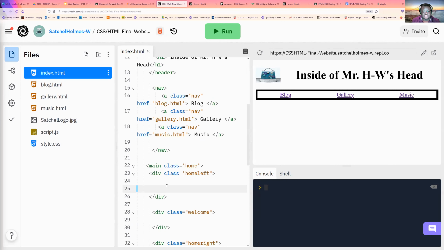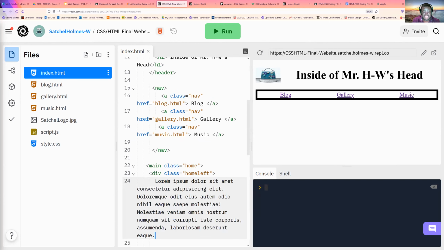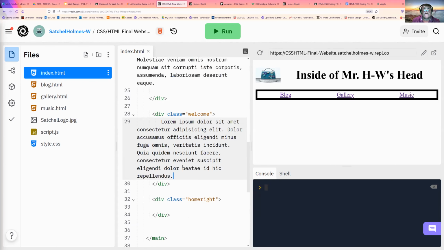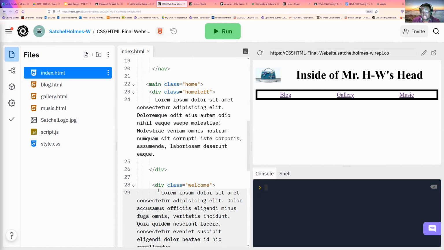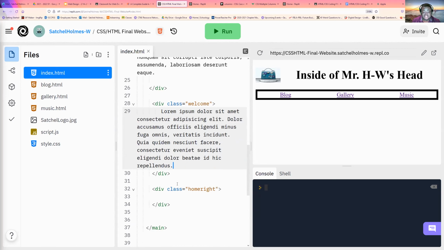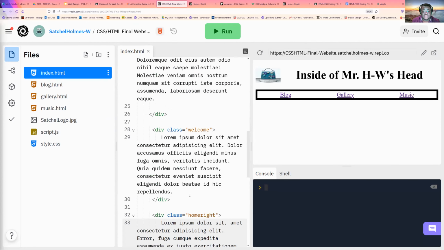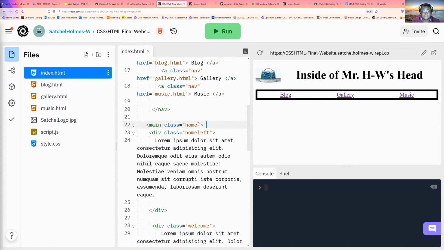I'm also going to fill this up with some placeholder text. So each of these is going to do the lorem, and then a tab. When you do that in Replit, it will automatically put in that placeholder text. I don't know what language it is, but it works well for me. So you do lorem, LOREM, and then you press tab, and it automatically fills it in with the rest of that placeholder text. So LOREM, tab. So now I have 3 different children inside of this main.home parent element,